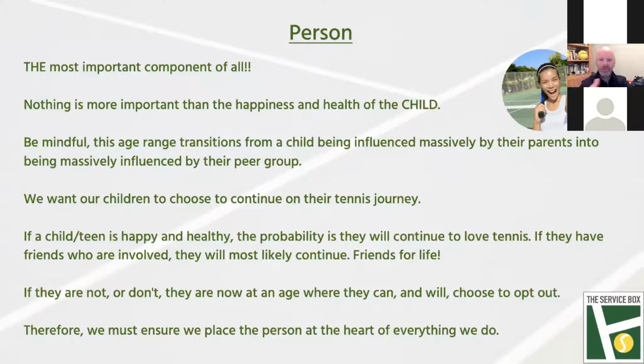And also, we've got another social thing, which is good for parents to know. So if there's parents watching, hopefully, but if they're not, coaches, we need to tell them to be mindful of this: when we get a kid going into, let's say, academy or high school age, there's a big switch in their brain. And the big switch is they're more influenced by their peers than they are by their parents. So if you think about kids up to 12, how much the parent is the driving force. And then when you think of them 12, 13 plus,